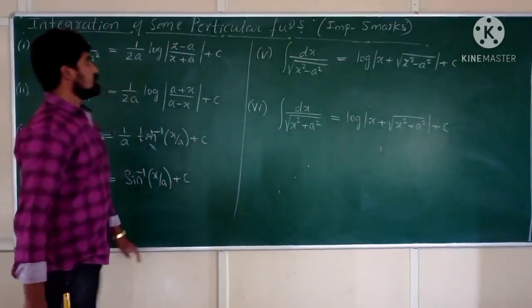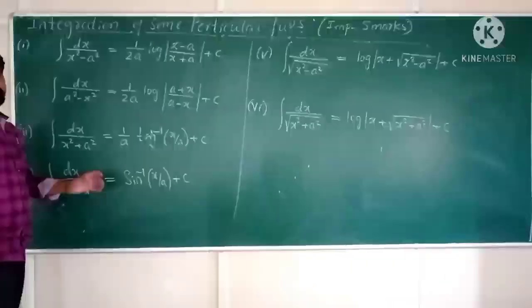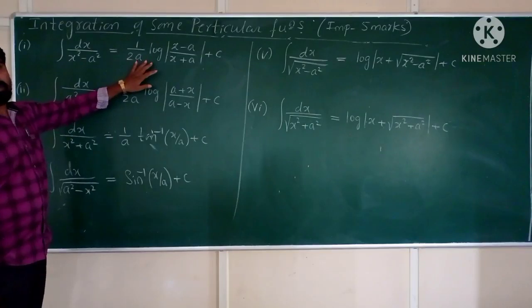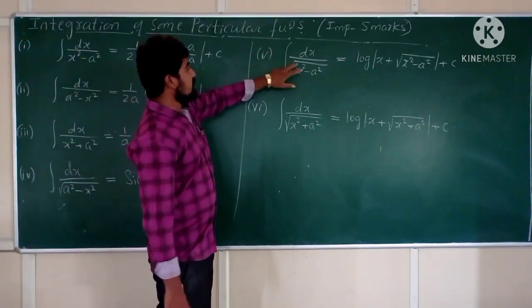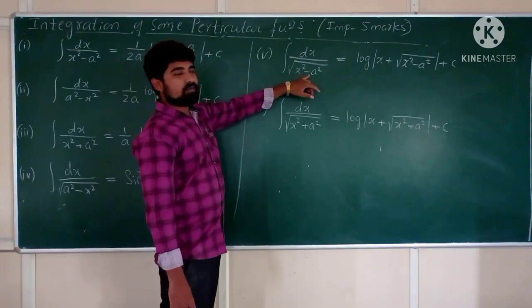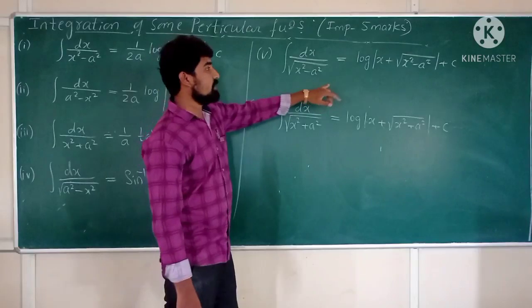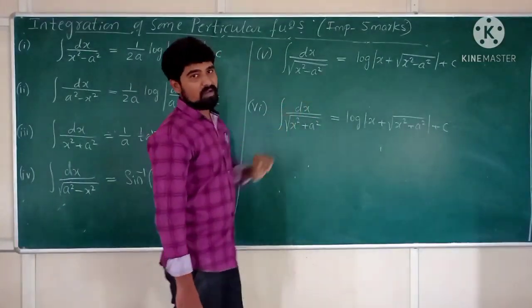So these are the 6 particular functions, and in your annual examination you should get any one of these, and along with this there exists one problem. So if he has given integrate dx divided by square root of x square minus a square with respect to x, and along with this, hence evaluate, he has given one problem which is solved by using this part. I hope all of you understood.